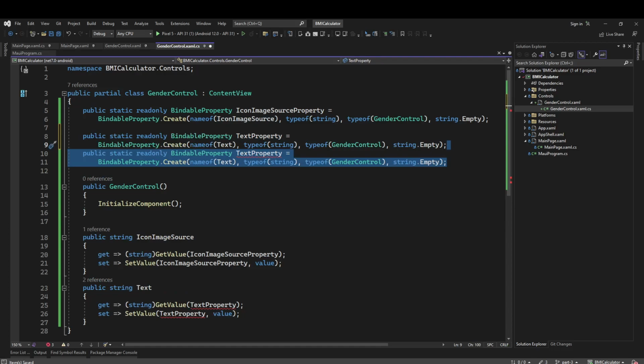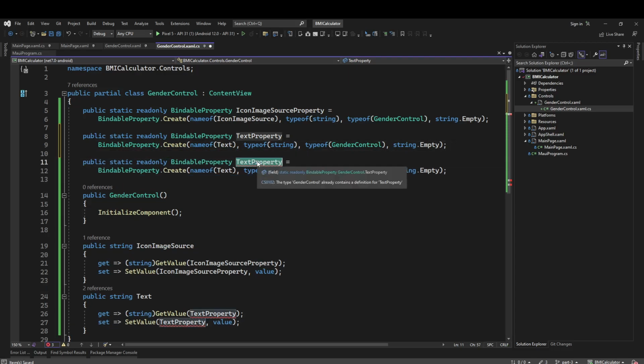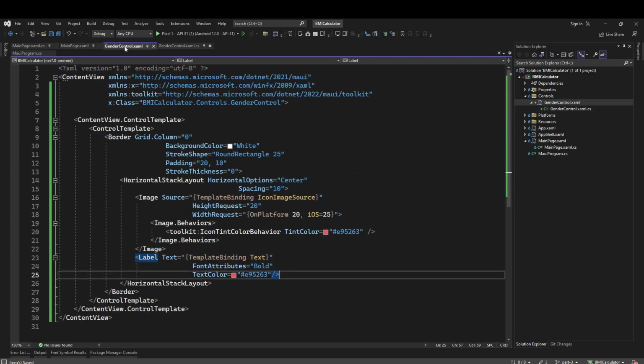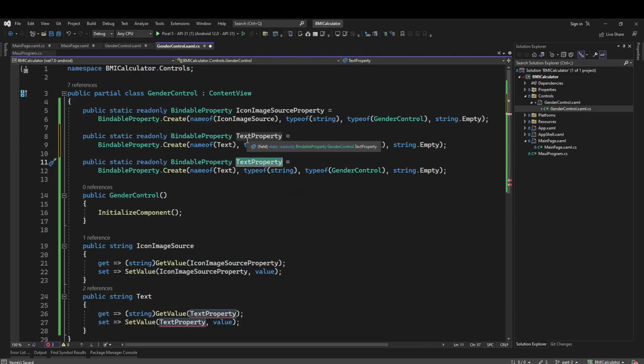So for color, we can have either the string value or color value. But if we are going to use it on UI, it should be color. So either we can have converters or we can directly have it as color property. So let's use color property here. So the bindable property, it will be, do we need this from there? Of course we need it from there. Okay, color property,